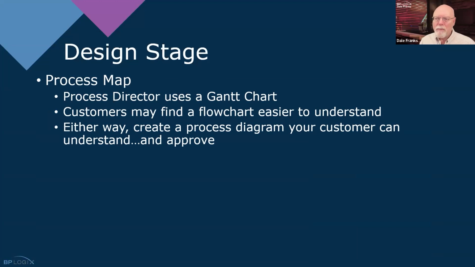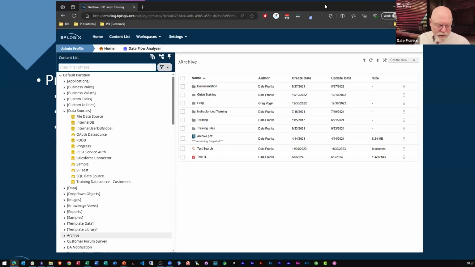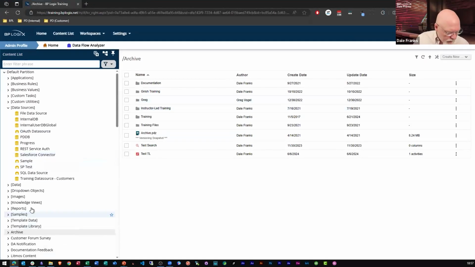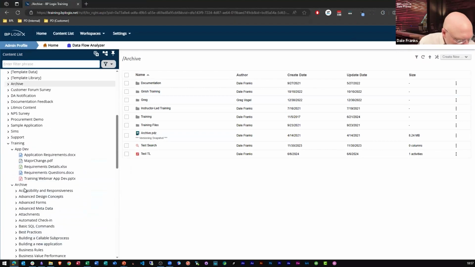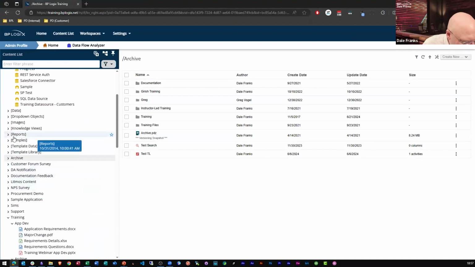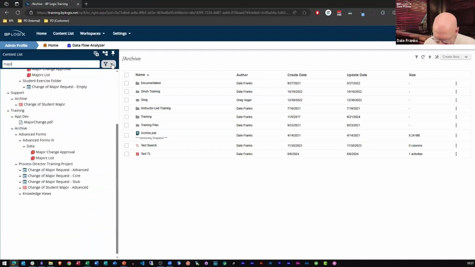All right, so what kind of process map do I want to create them? That's an interesting question. If we look at Process Director and we go into, I know I have it in here, but I don't know what I've done with it. Let me just type in major.